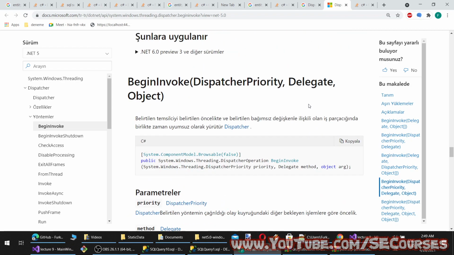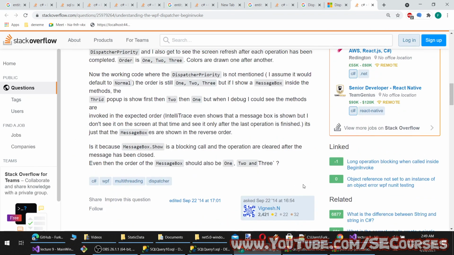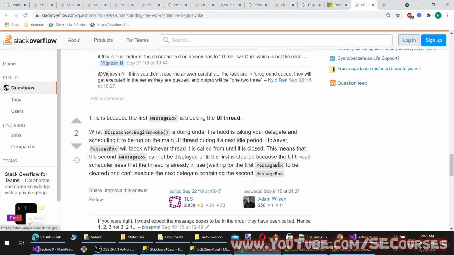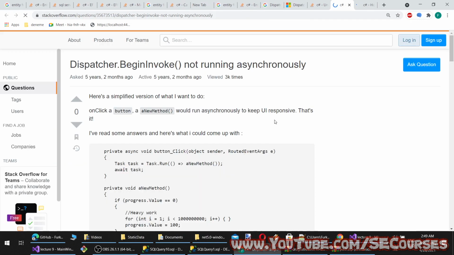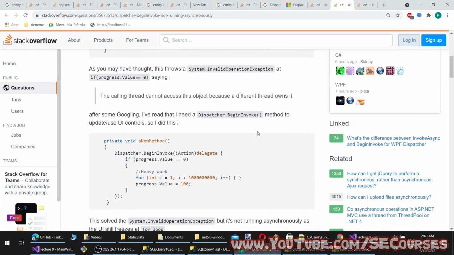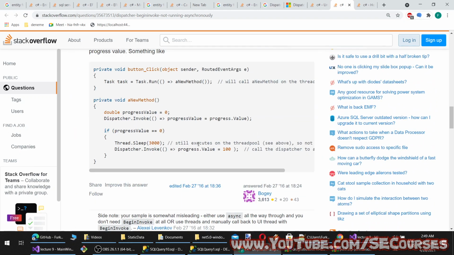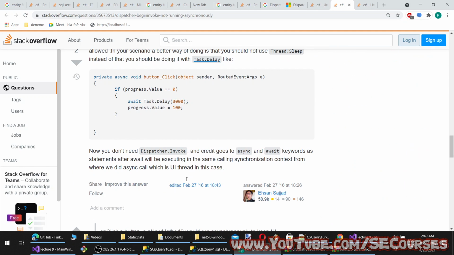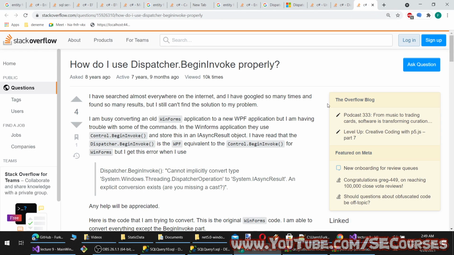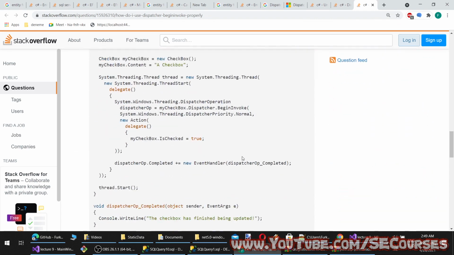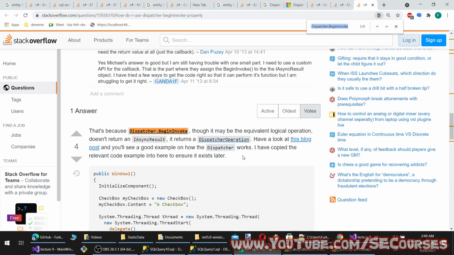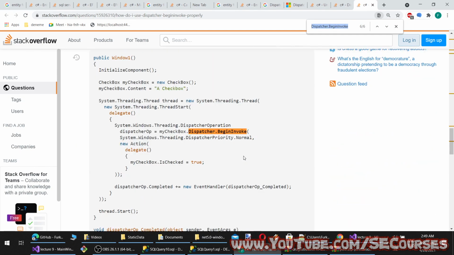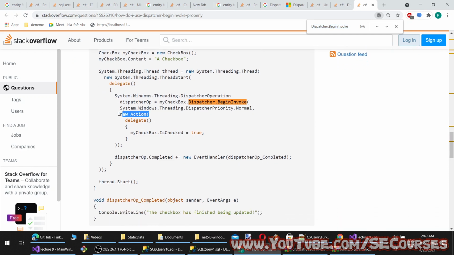So where are the examples? No. Okay. Oh, new Action delegate.